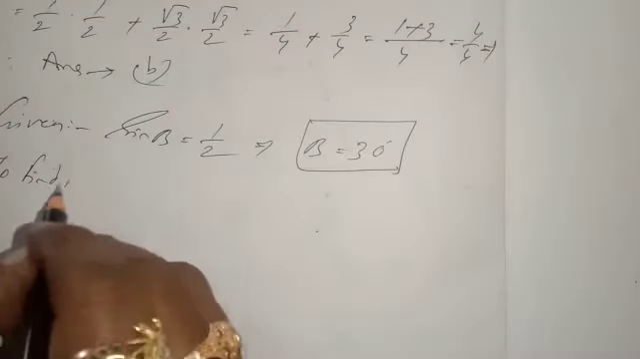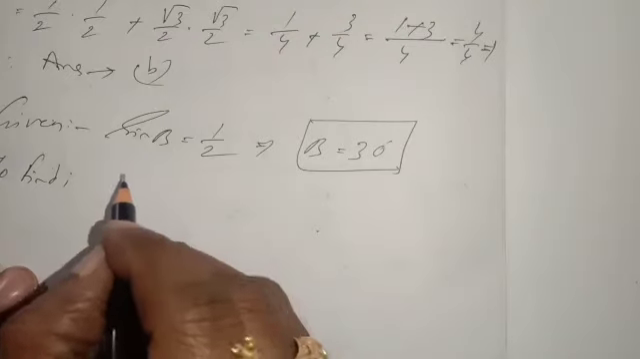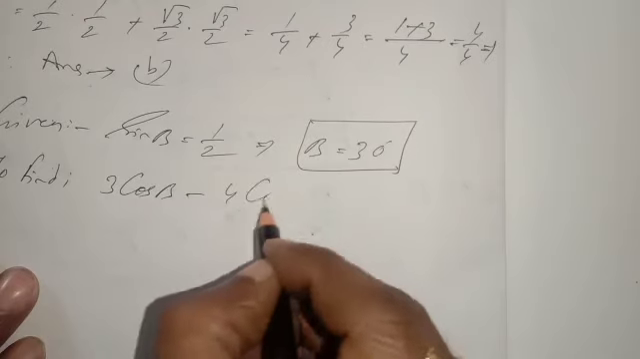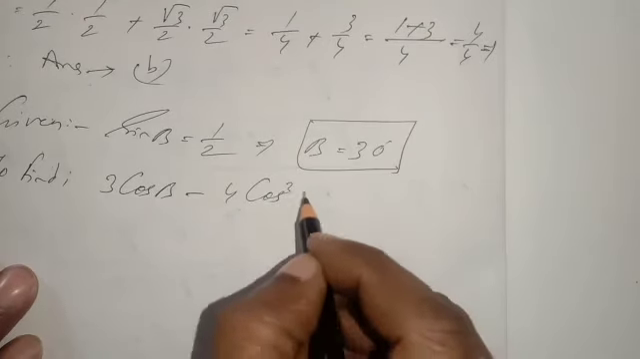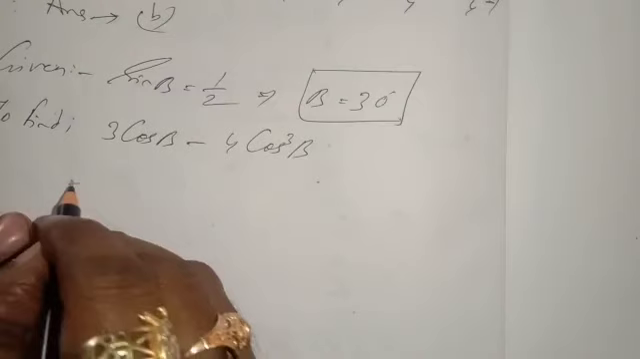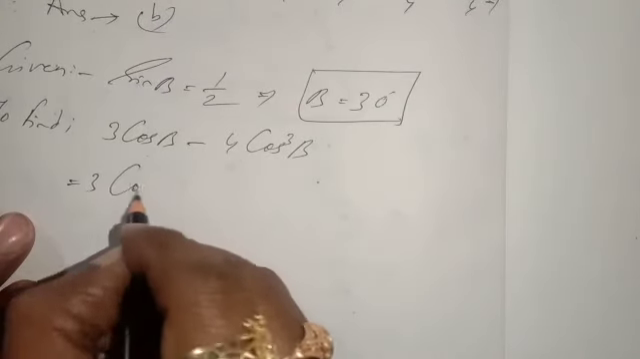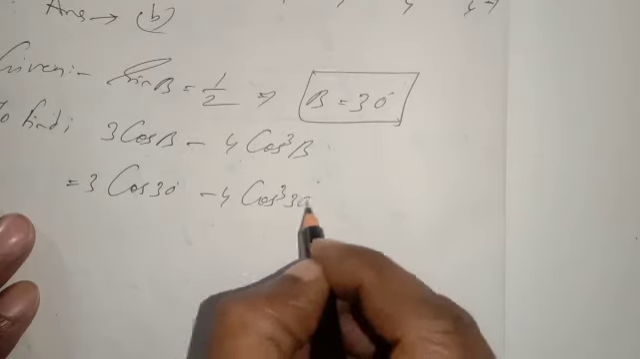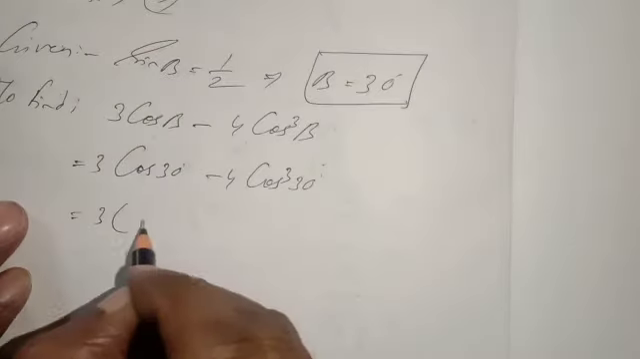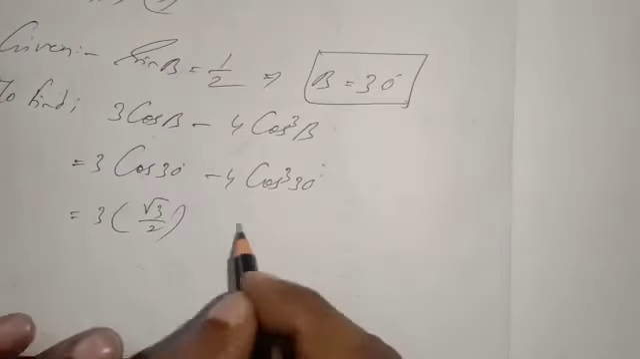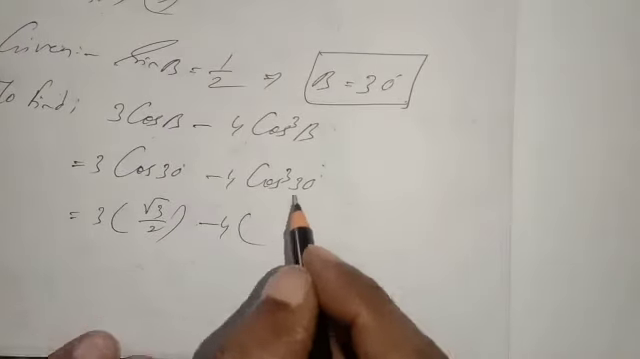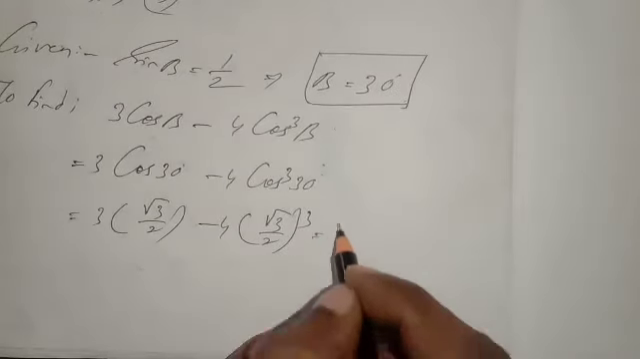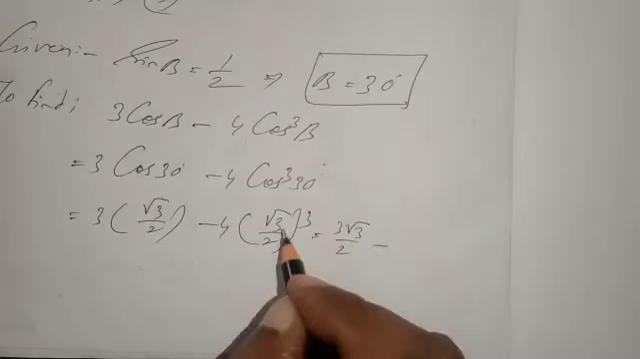And to find 3 cos B minus 4 cos cube B. Now put the value of cos B, that is cos 30 degree, minus 4 cos cube 30 degree. Cos 30 is how much? Root 3 by 2 minus 4. Here cos 30 also root 3 by 2, root 3 by 2 whole cube. Finally getting 3 root 3 by 2 minus